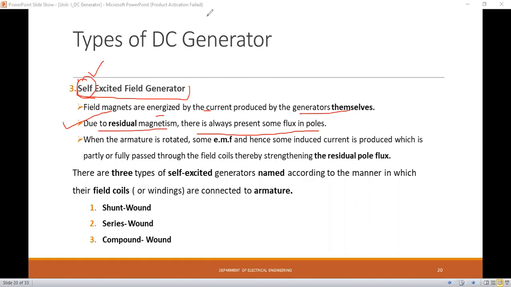That means suppose there are three types of DC generator. याच्यामध्ये तीन type of DC generator आहेत. I will draw the diagram of one. Suppose shunt field winding, or it may be shunt generator ची मी diagram draw करतोय. So this is the shunt field winding. Here, this one is the armature of the DC machine. Then this is the load side, or it may be output provided to the load. हे load ला दिलेला आहे.